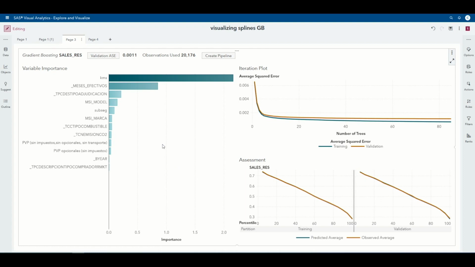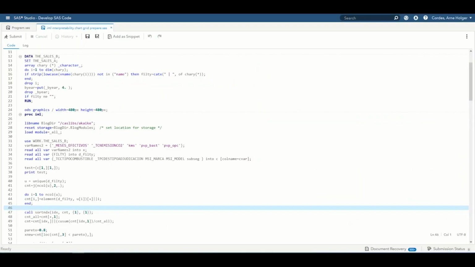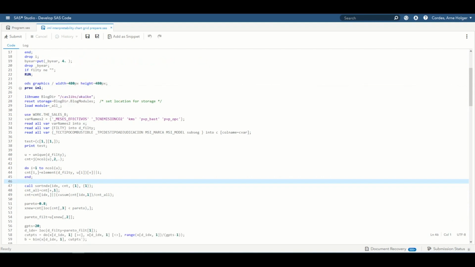So a good starting point is to share the variable importance, which for gradient boosting is one of the standard outputs for the model. But in my opinion, it's not enough. You have to create somehow interpretability charts, which are available in built models. But I wanted to have more control over them. So I used EML language for this.